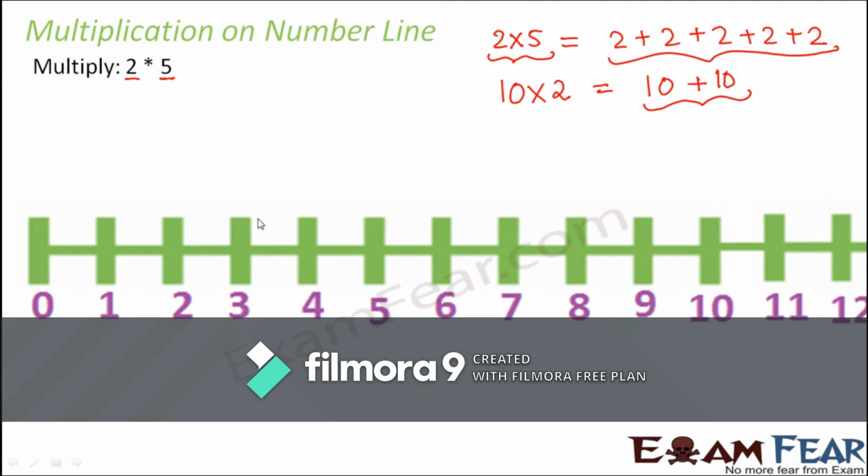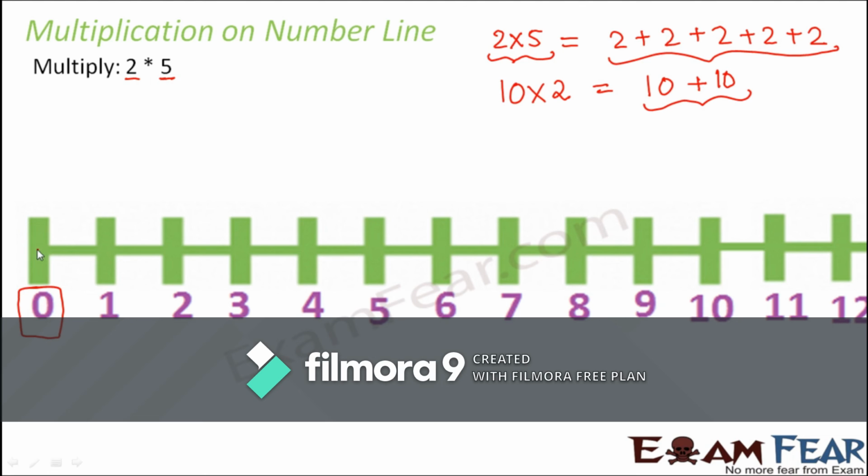So for this, which point do we want to locate? We do not want to locate any point. It just says that 2 needs to be added for 5 times. So you can start from anywhere. So let us start from 0. Now 2 needs to be added 5 times. So the first time when you add 2, to what will you add 2? You will add to 0, right? Because initially nothing is given.